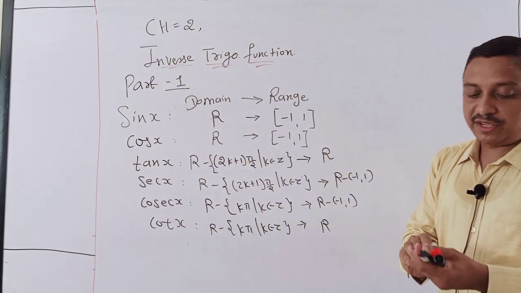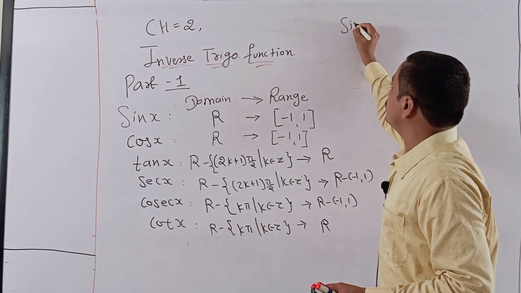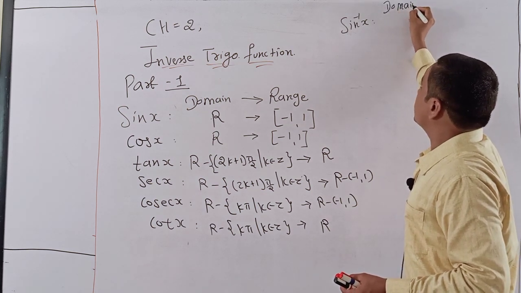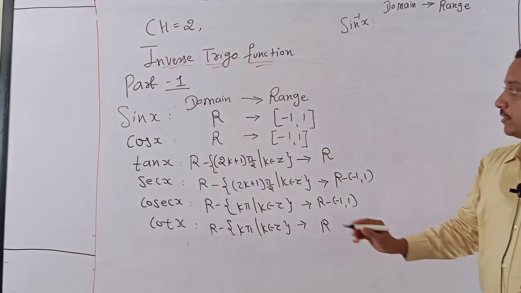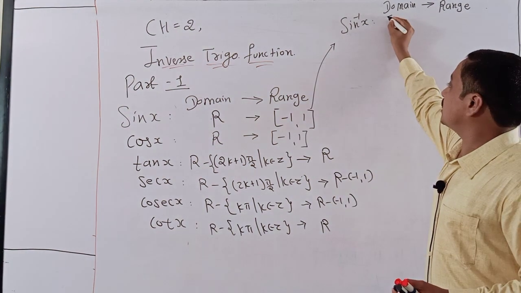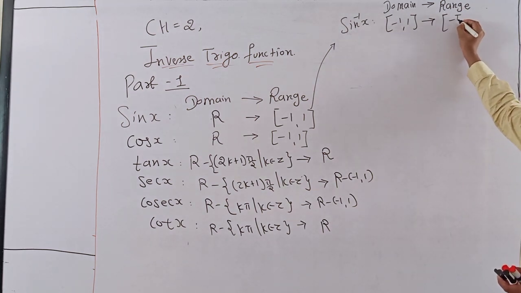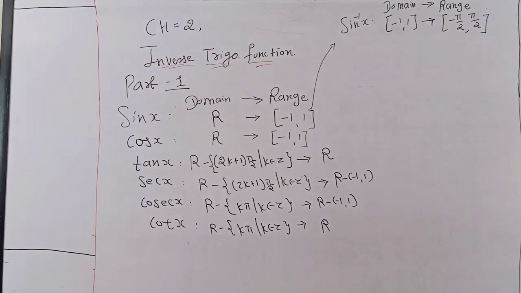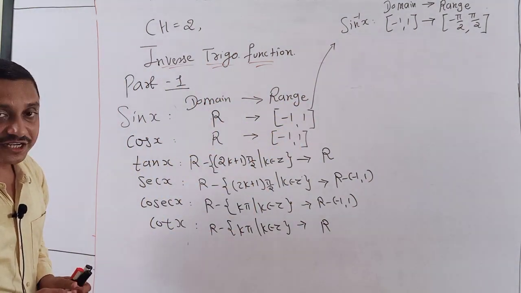So, the basic inverse trigonometric functions, I start similarly with sin inverse x. Here the domain and range. Students, see, sin x range is -1 to 1. That is the domain of sin inverse x, -1 to 1, and the range is always -pi by 2 to pi by 2. Because sin 90 is 1, you know, and when sin is -1, yes, it is -90.